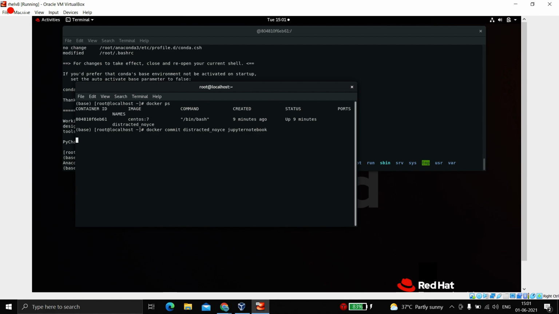But it's fine because the instance would come up in no time, right? It would be in some seconds, like 1 or 2 seconds, and the whole container will come up with Jupyter notebook.